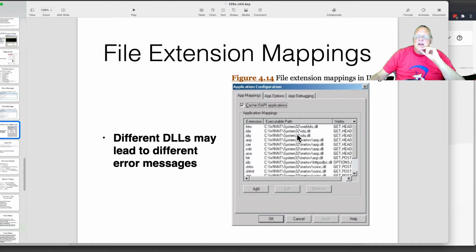You can tell it to have different error messages for different DLLs. So you can have different extensions that lead to different error messages. And you can do this on your website too, in a content management platform like GoDaddy. And in fact, this was a vulnerability, I think, in the one I use on 1&1. If you didn't make a custom error page, the default error page had something like cross-site scripting that could be used to do something bad. Anyway,